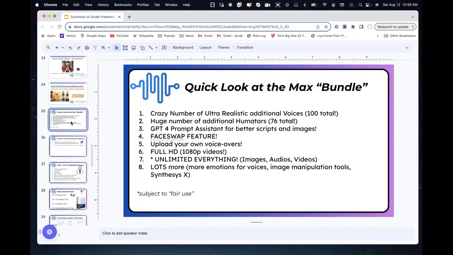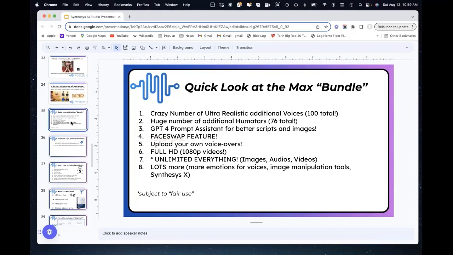Then we have the GPT-4 prompt assistant for better scripts and images. You saw me choose that. That was what helped me make that image at the very end of the demo. The FaceSwap feature, which I'm going to show you more of later in this webinar, allows you to change the face of the humitars to change their age, to change their ethnicity, even make them look like you.